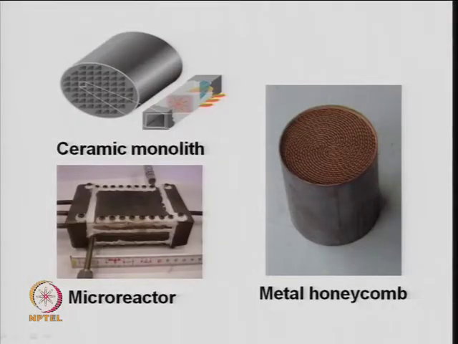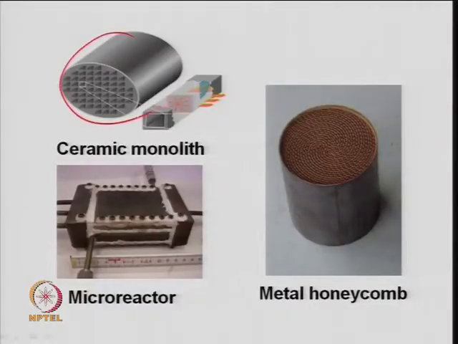So, if you need smaller units, you have to look at these things: prepare the catalyst in such a way, like wash coating of this, right, where the diffusion length is very small. So, your resistance for diffusion will be reduced, and this is what a kind of monolith is, which is shown here in the process, right.